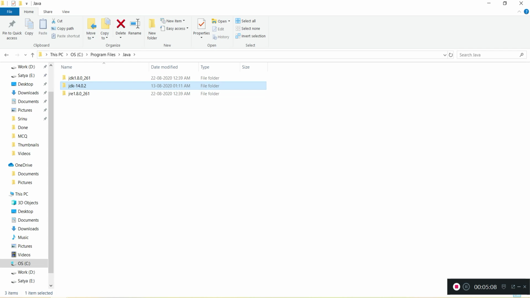It is clubbed together, and JDK 14 itself contains both JDK and JRE, but JDK 1.8 has two different folders. Anyway, the software is installed. Now we just need to set the path, and then we can access it from Eclipse.